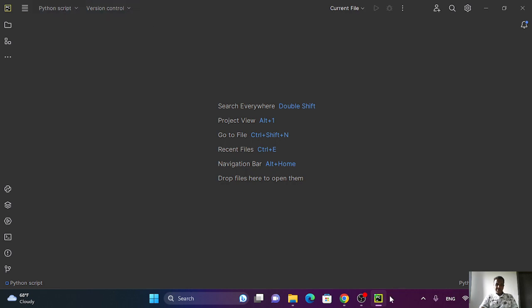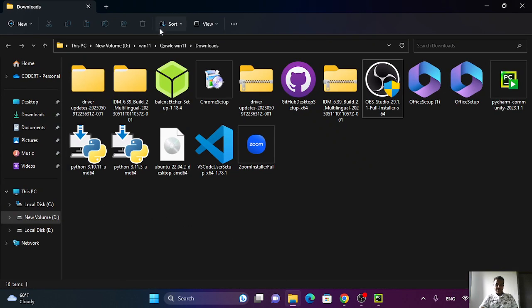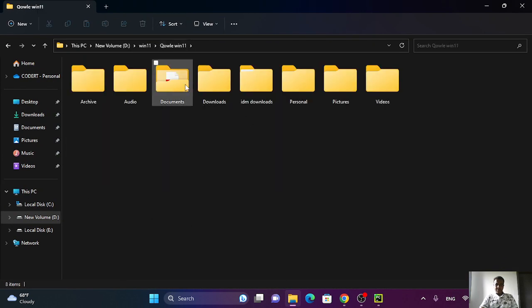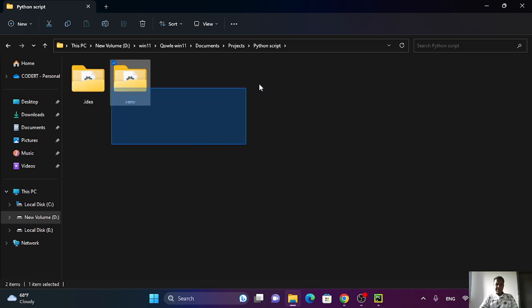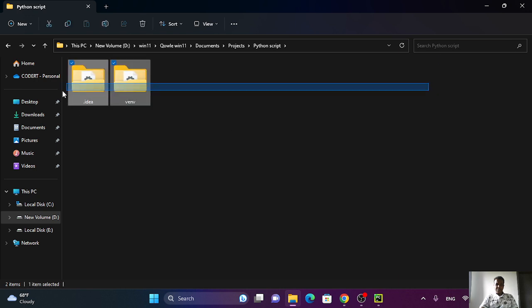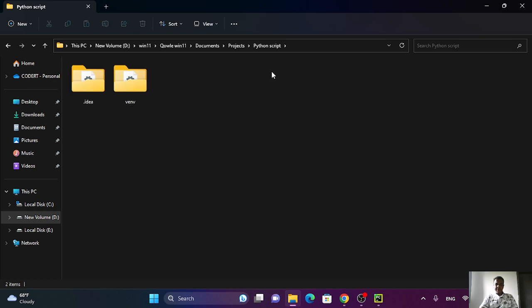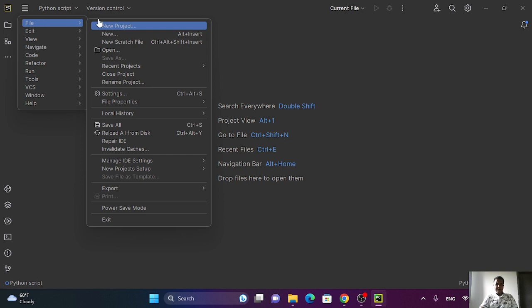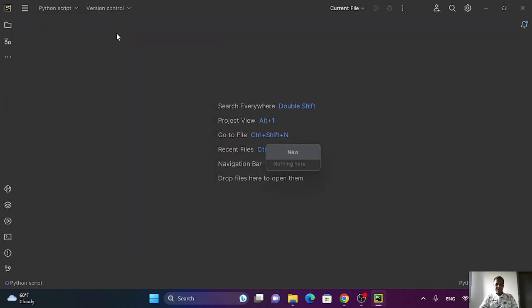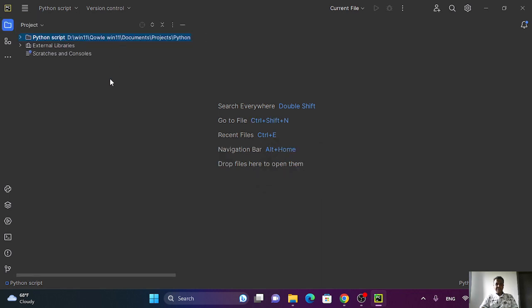Now you have this project. I can show you from here. We got this Python script folder. It's here, and now it's empty. It's just only for the virtual environment here. So what we need to do is create a new Python file. So we're going to click here, new. It's saying nothing new, so we need to come here. Then we can create from here,